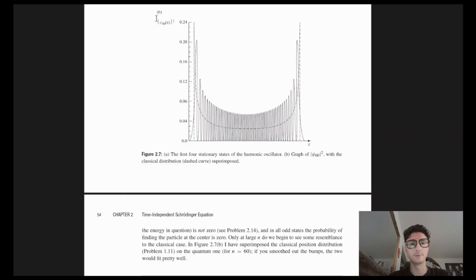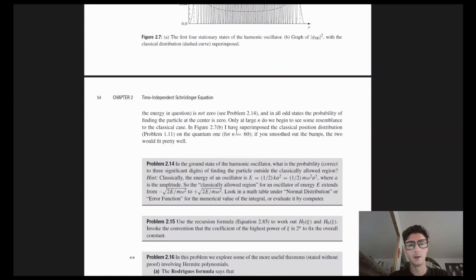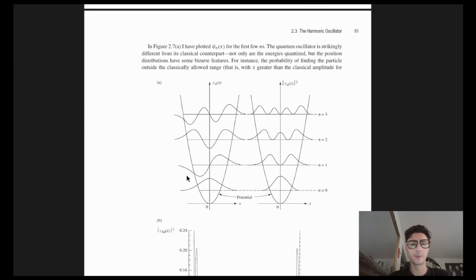In figure 2.7b, this one here, I have superimposed the classical position distribution, problem 1.1, on the quantum one for n equals 60. If you smoothed out the bumps, the two would fit pretty well. So take a look at this. First of all, the stationary states,